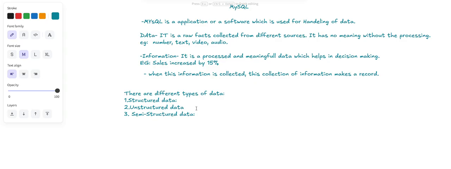These are the three types of data which we are having.